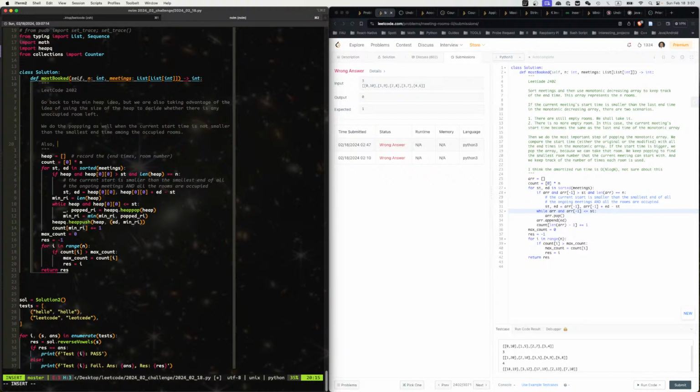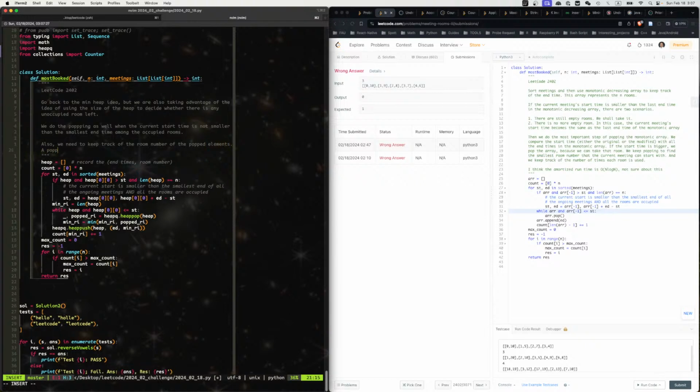Also, we need to keep track of the room number of the popped elements. A popped element represents an unoccupied room. So my current concern is, as we pop and a new thing comes in, would it be